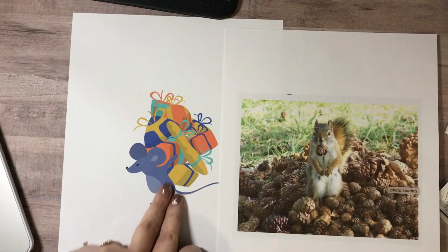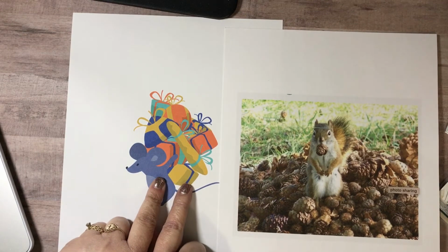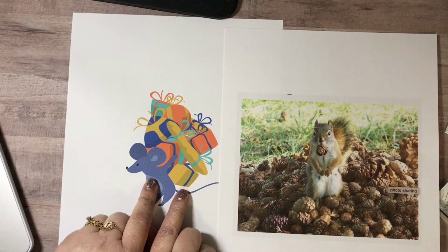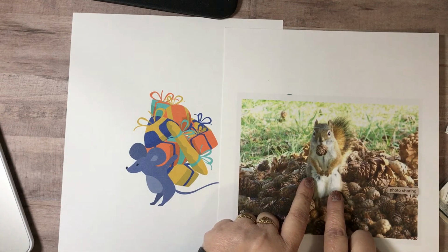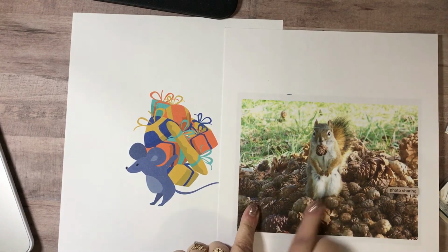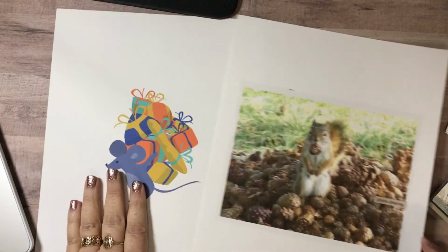A pack rat? Which is what I am right now. And I'm determined I don't want to be a pack rat anymore. I want to use up the stuff and be a squirrel and stash away things in a positive manner, in a manageable manner to where I can use them. So, anyhow, that was my little